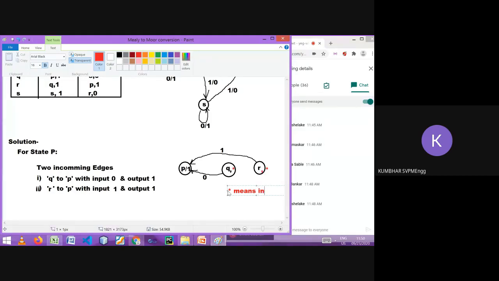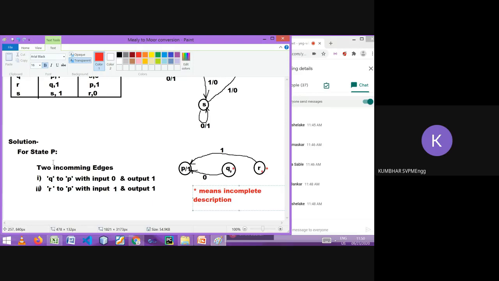In short, star means incomplete description. This star you will not find anywhere in the book, just for understanding I am saying. No need to write the star. Actually, no need to draw the diagram until you process all the states. Only for understanding, I am showing here.